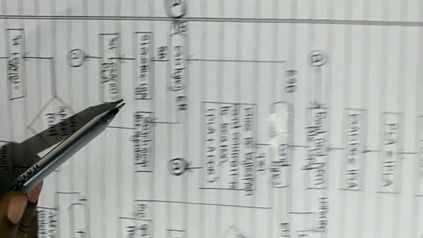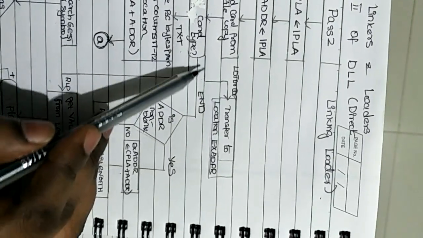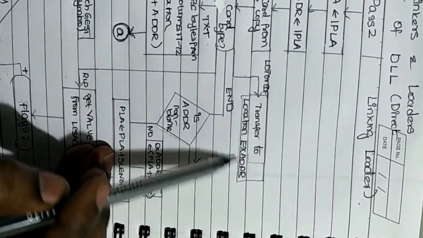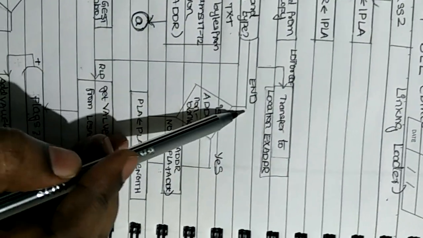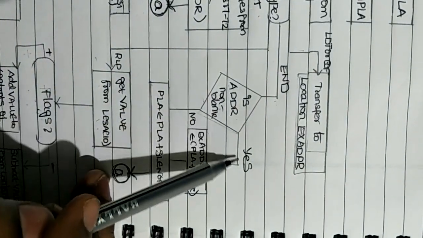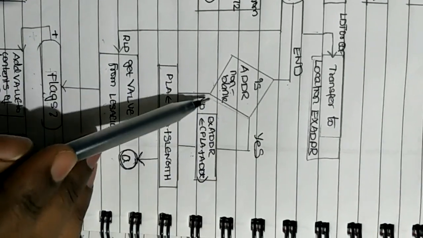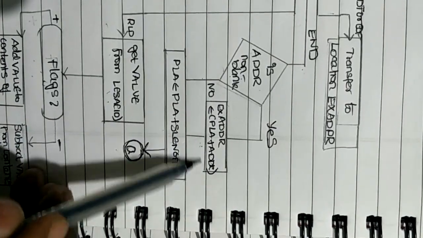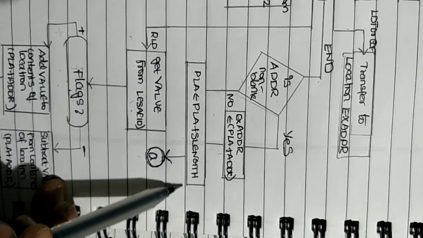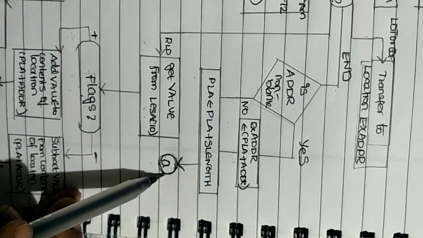Now let's move back and find what happened with these 3 arrow marks. The first arrow mark, since it is an LDT or end of file, his life has ended here. Then coming to the END card, he also has a confusion whether it is an S or not, whether the address is blank or non-blank. When it is yes, one more rectangle goes here, and finally he came along with the no only and became a big block. After becoming a big block, again he ended with a circle.